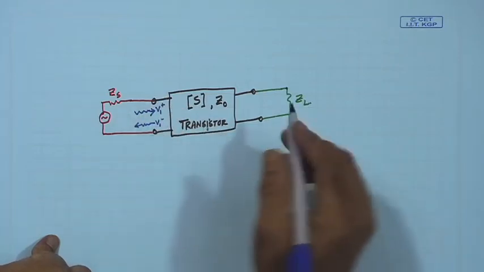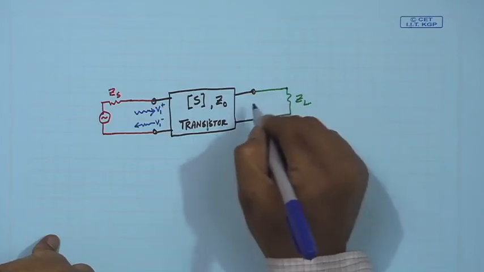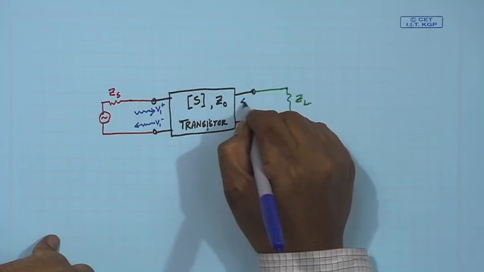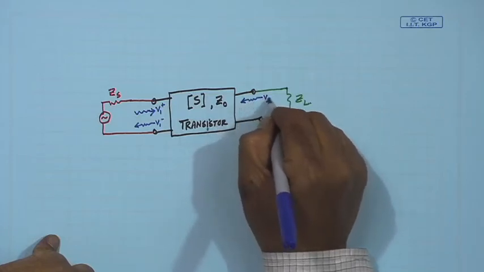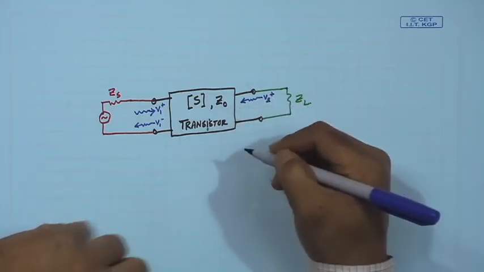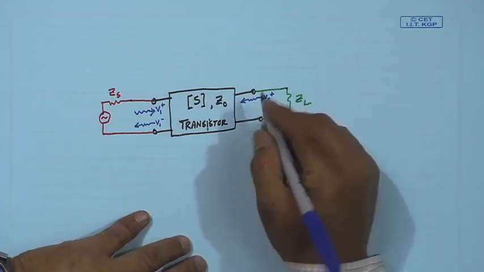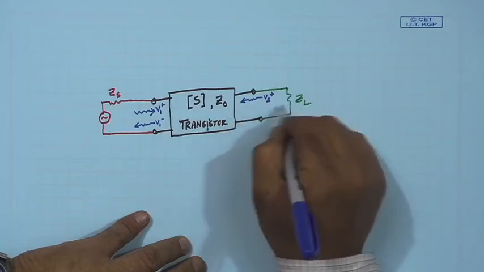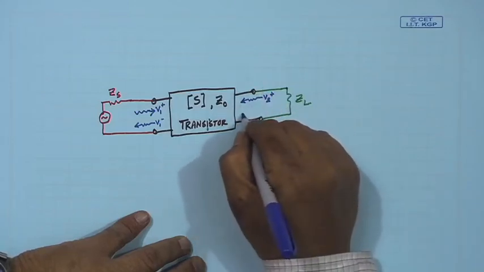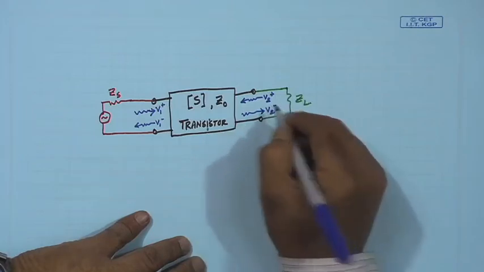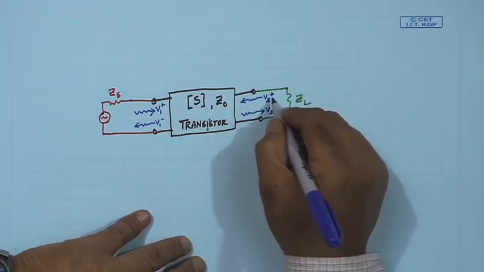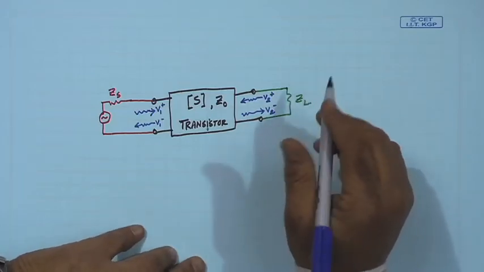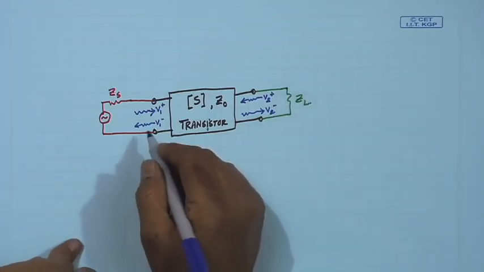Also, the same thing will happen at the other port: an incident voltage V2 plus will be entering, and because in general there will be mismatch here, there will also be the V2 minus. Again this port voltage is nothing but V2 plus plus V2 minus, and we will also see that there will be various